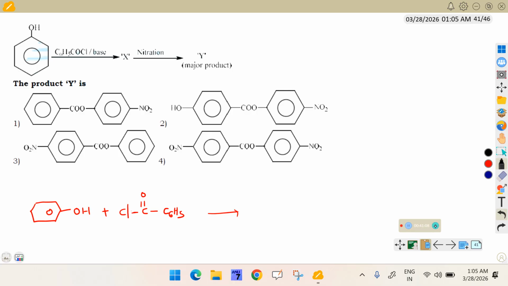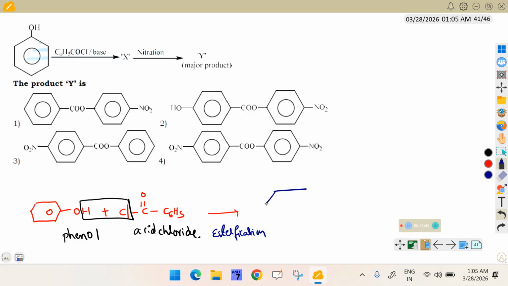Identify why. Okay. Phenol reacts with C6H5COCl. It is in the form of RCOCl. RCOCl is acid chloride. This is phenol. Phenol reacts with acid chloride. Which reaction takes place? This is esterification process. Esterification, then it gives